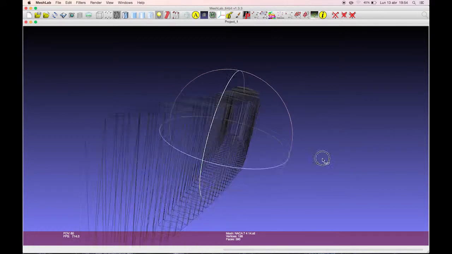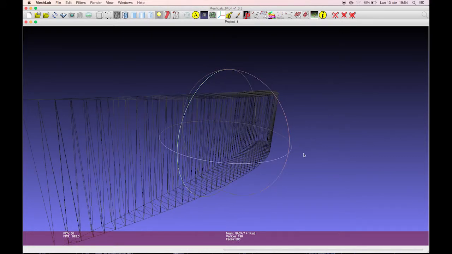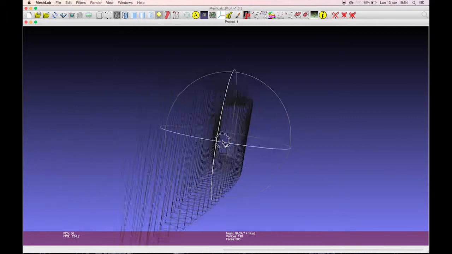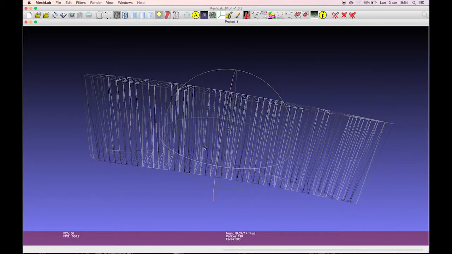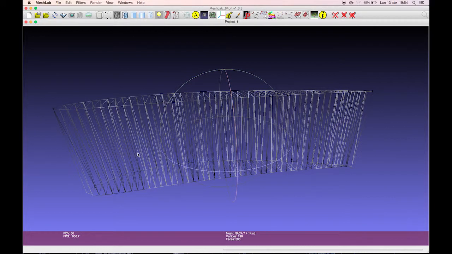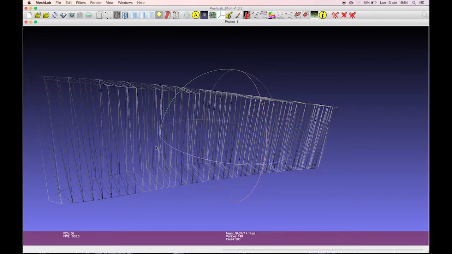If we wanted more definition, we would just have to define in the program the number of triangles to be created. If we had done this, the triangles would have been so small that we wouldn't have been able to see them.